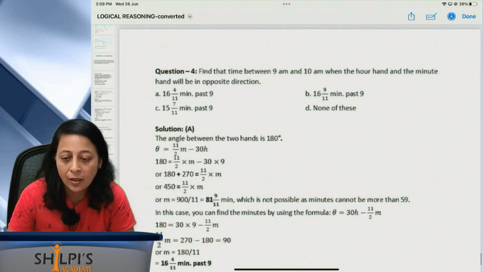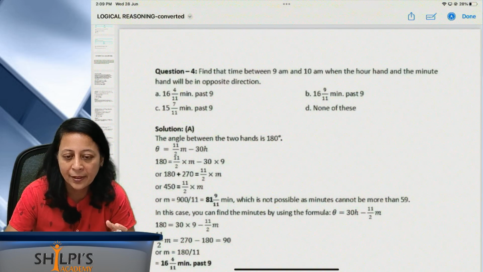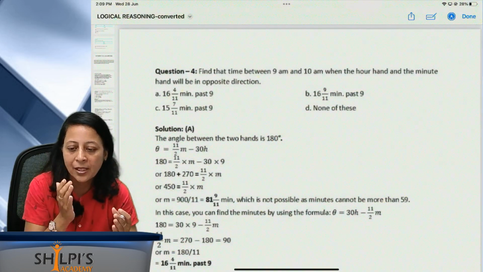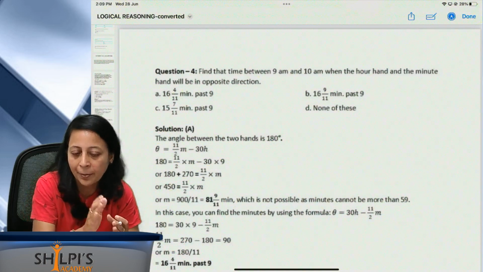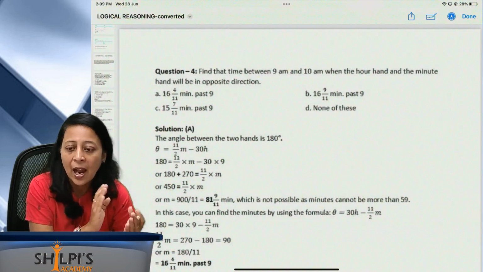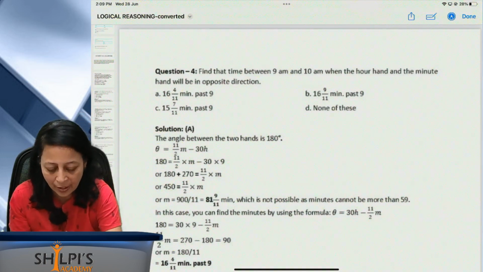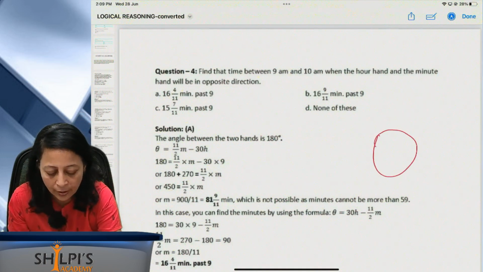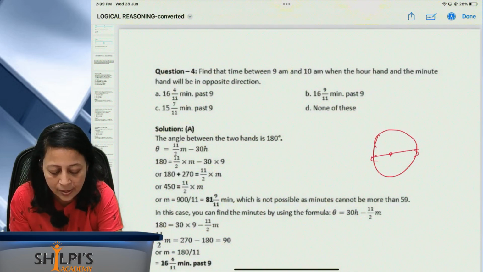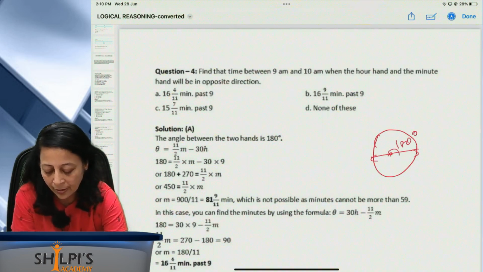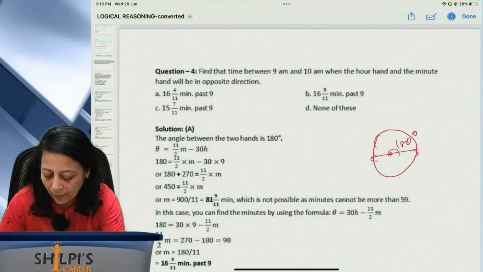Now, find the time between 9 and 10 when the hands are in opposite directions. Here again it crossed 9, so the hour is 9, and minutes we are not sure, so we have to find out the minutes because it lies between 9 and 10. The minute hand will be in the opposite direction. If it is a clock, this is your midpoint, and here and here. So the opposite direction represents 180 degrees. So theta is 180, equivalent to 11 by 2 into minutes